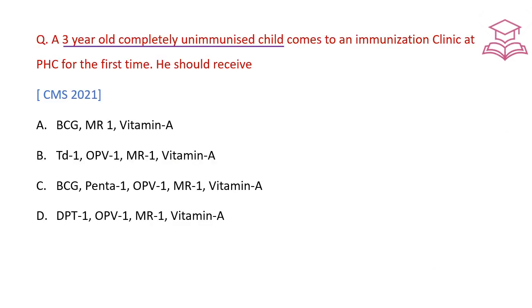Coming back to the question, it is a 3-year-old completely unimmunized child. BCG can be given only up to 1 year, so these two options are ruled out. DPT1 can be given up to 5 years. So the answer is